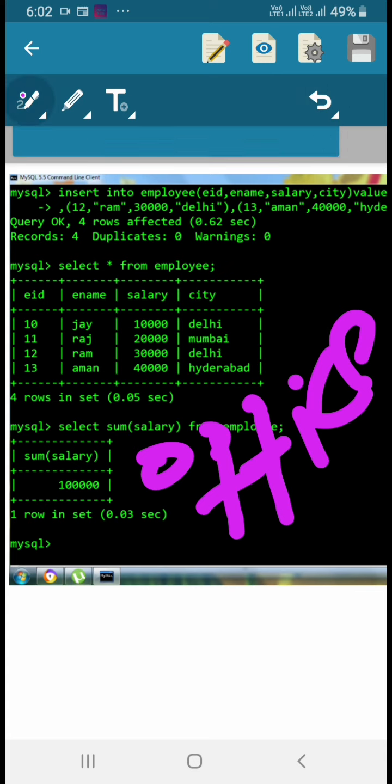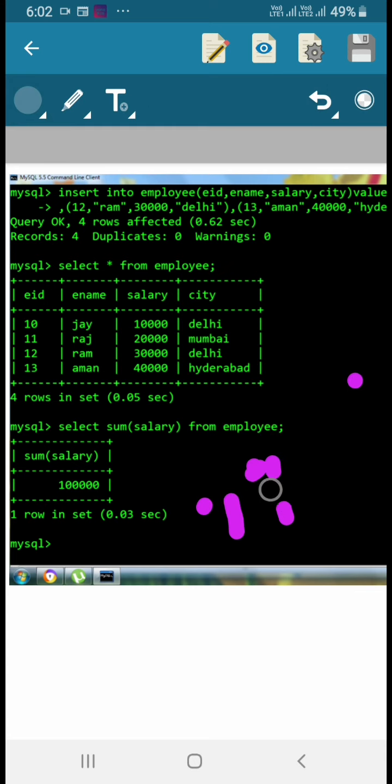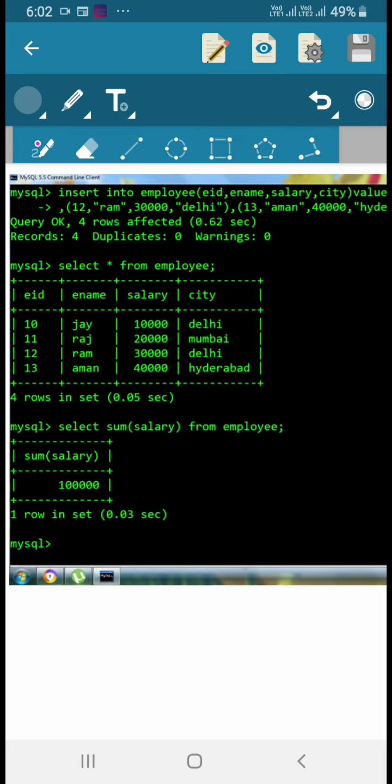Okay, the database name is Office database. Then within the Office database, I created a table called employee. What is the table name, students? I will highlight this point.